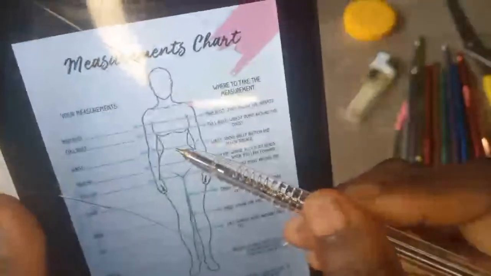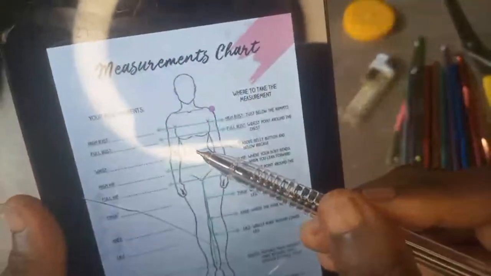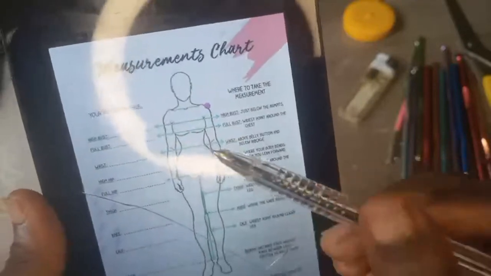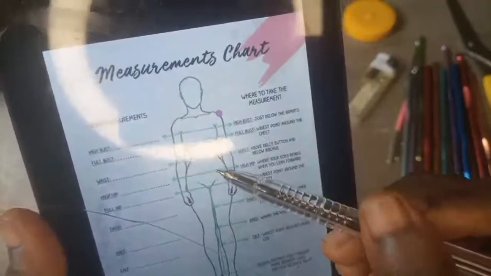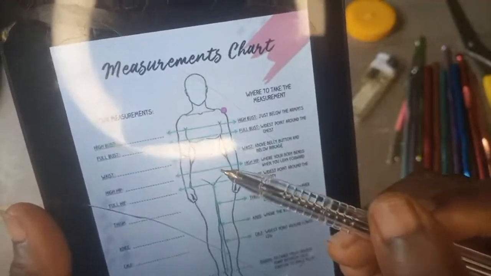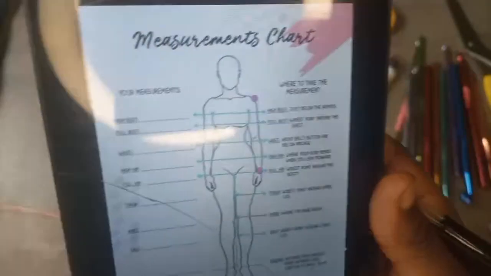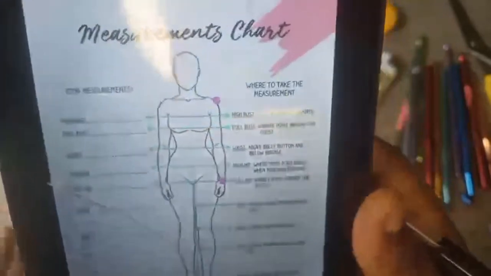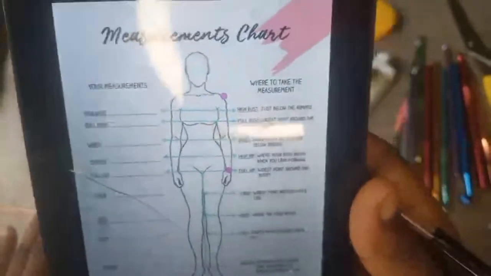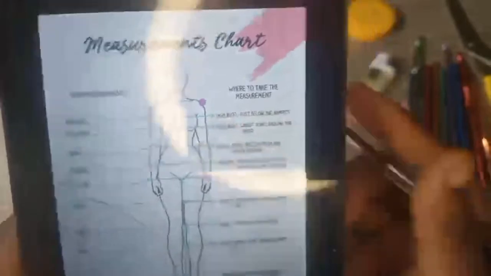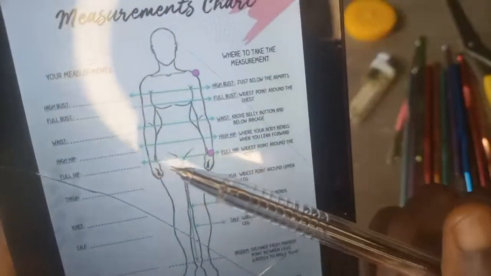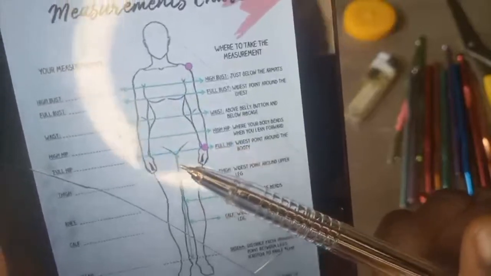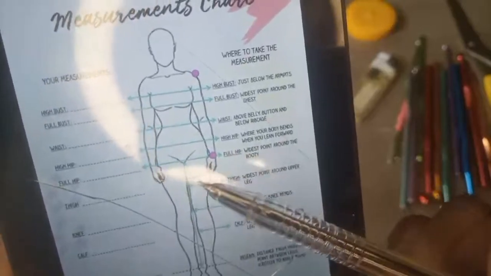This type of waist, most tailors will tell you that this is half length, and this high hip is what they call waist. I don't know if you understand what I'm trying to say. I'm trying to explain so that when I start using this term, it won't be foreign to you. Okay, so now the full hip is the biggest part, the part that is usually protruding.